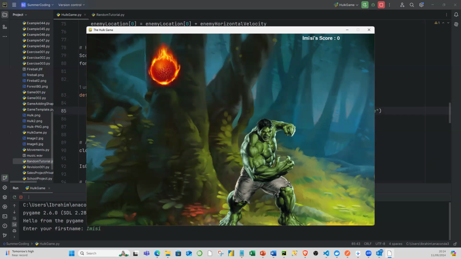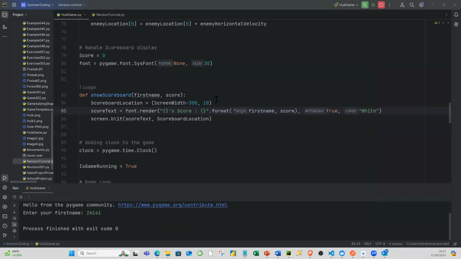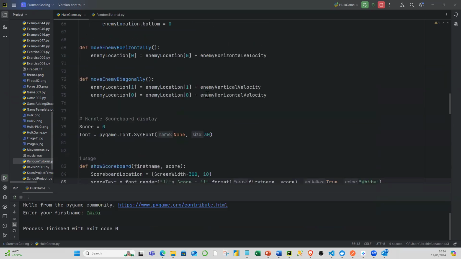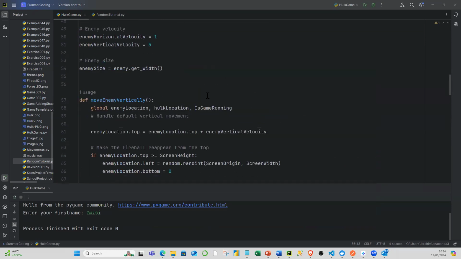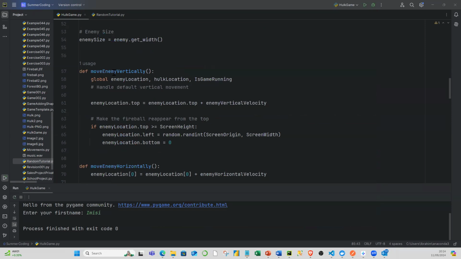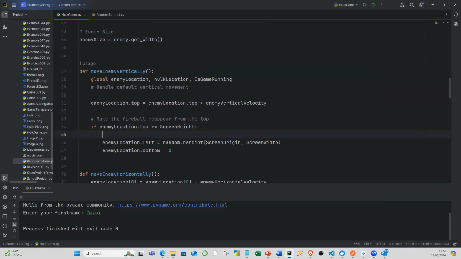I must be able to look into your code and say, if this happens, I must come down here and check where that object is disappearing. The score is a variable. Move enemy vertically, this place. I'll move the enemy vertically. But when the enemy disappears without hitting Hulk, we'll say